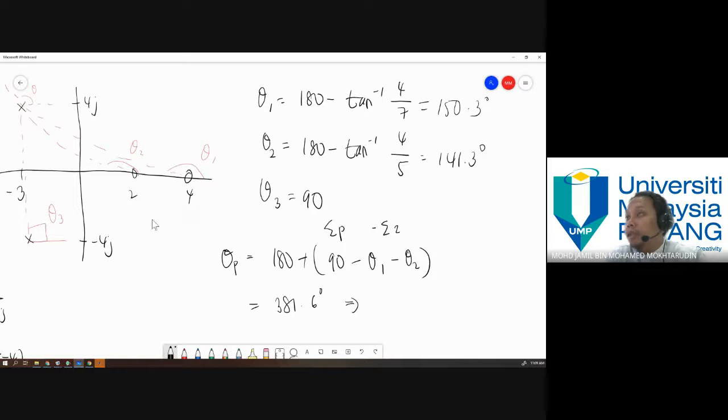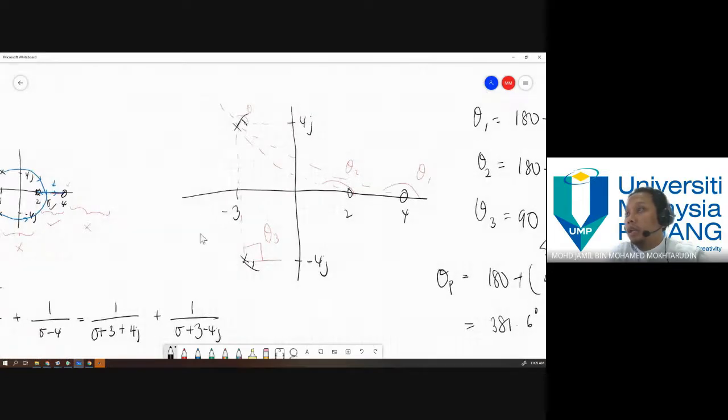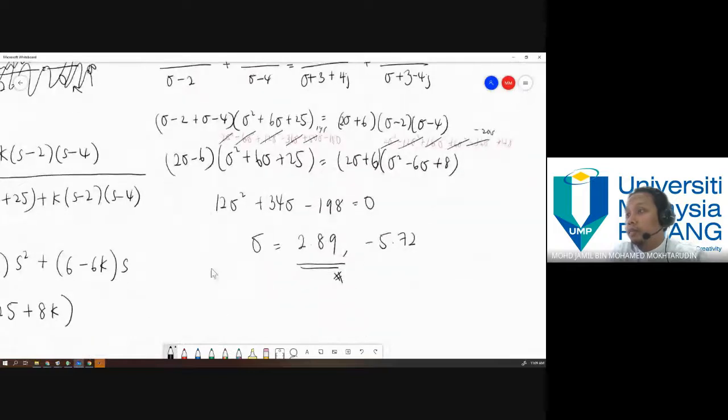So you get the angle. The angle should be somewhere here. But later you guys can check again the correct formula. Okay, so we get the angle of departure, and the sketch you can sketch properly by adding the